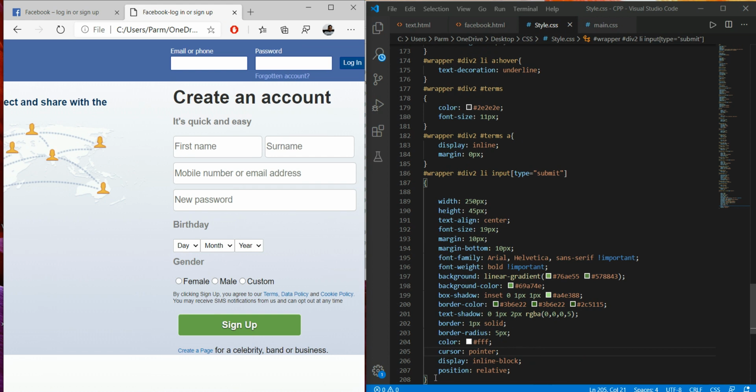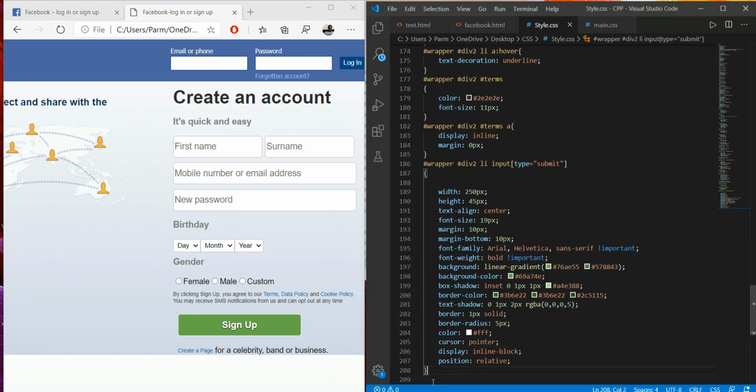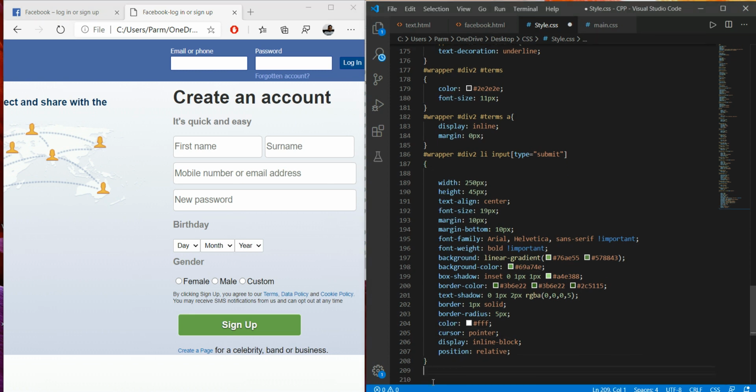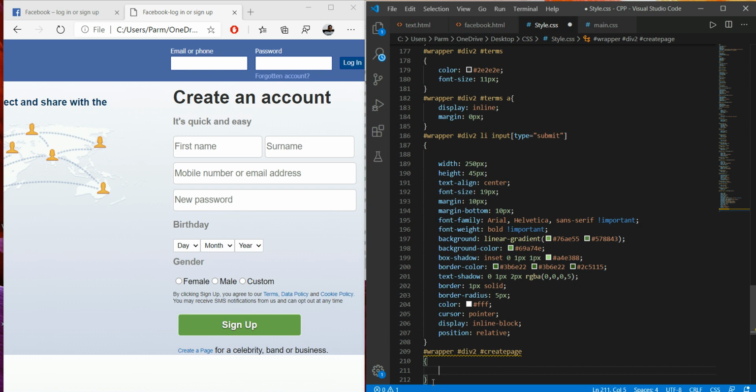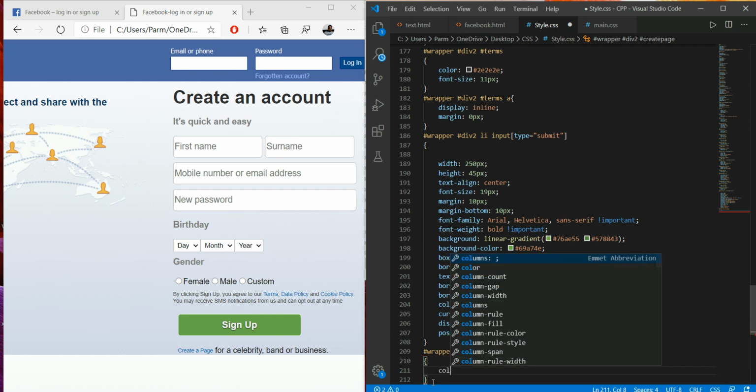So after this we have to make it create page. This is in small, so we just have to make one more ID over here. So hash wrapper hash div2 hash, I'm just giving this name as create page, and here I'm setting the color first.